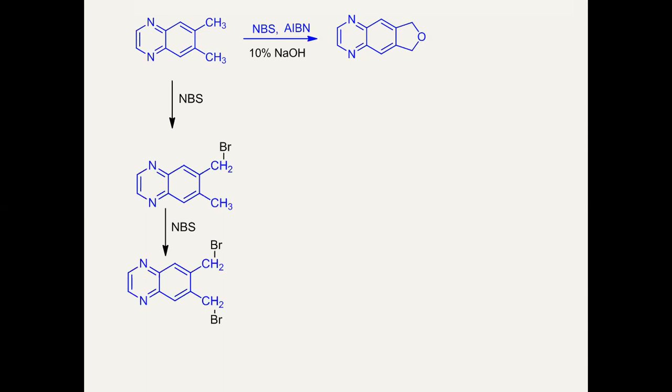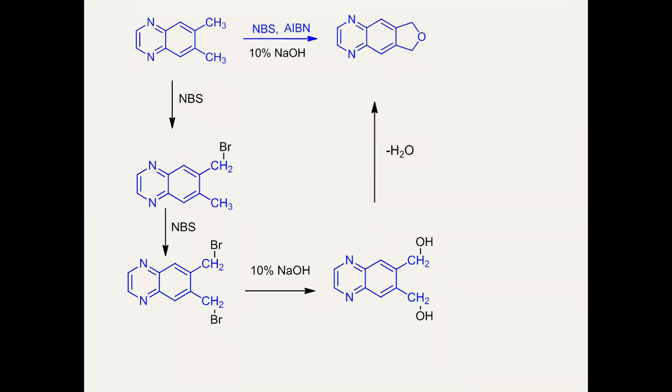See, and then when you react this with 10% sodium hydroxide, both the bromines are replaced, a very basic reaction of hydrolysis of alkyl halides. So OH, OH. Then when you heat it, there is a loss of water, and these CH2OH groups are near to each other. Therefore, there is a greater chance of cyclization, and hence this undergoes cyclization, and it will produce a compound like this.